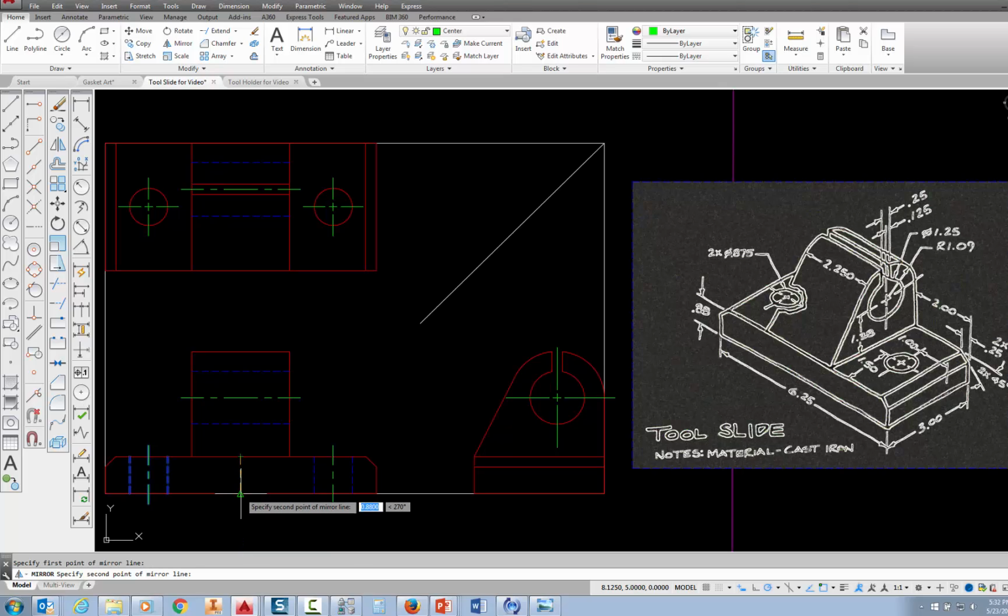When it asks for the second point, I'm going to pick at the midpoint on the bottom line. I'm going to pick no, and then press escape. So now I have my hidden lines. The last hidden lines I need are going to be right over here. So center is still my current layer, so let's add the center line for the hole where it will go through over here. I'm going to pick on the line command, and I could pick here, or I could type